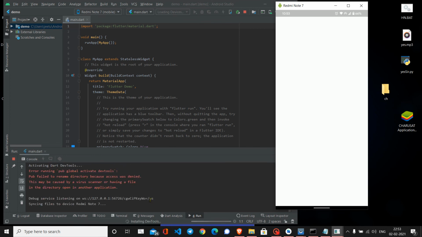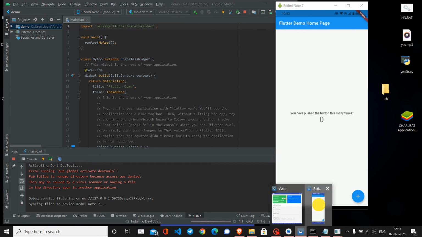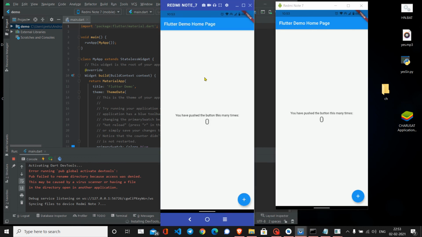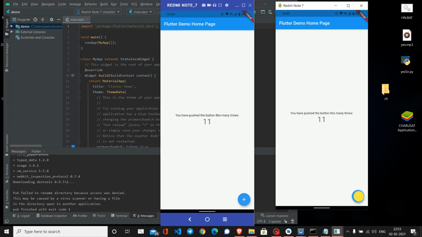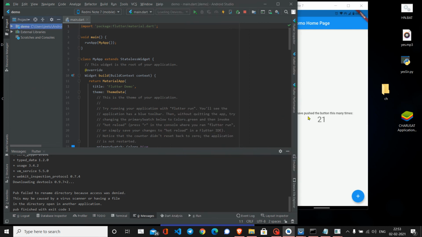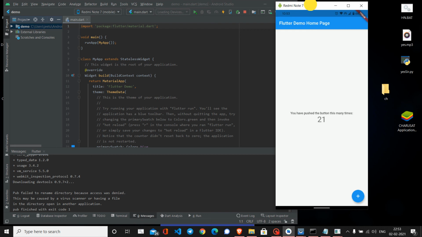Yes, that error was expected. And yes guys, we are able to do it, here's for my Scrcpy and here's for my Vysor, and I'm able to run it fine both ways.